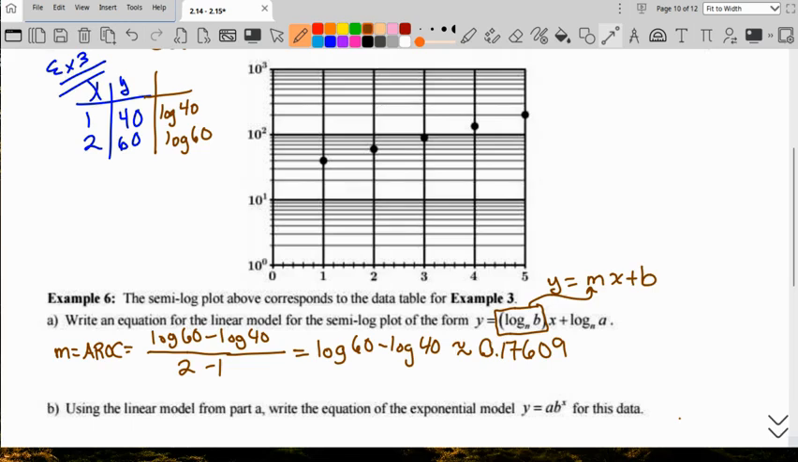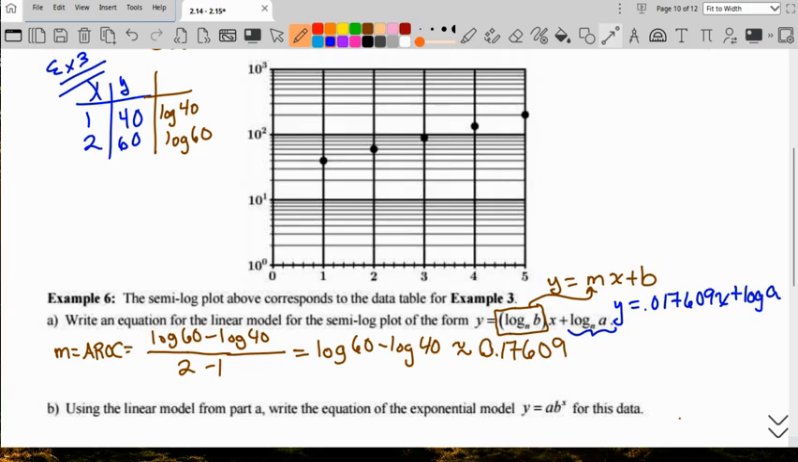Okay. And that is going to be our slope. Okay, so if we start building the equation, we've got y equals 0.017609 x plus, we said it's going to be the log base n of a. So our base is 10, so that's just going to be a common log of a. Okay, and so now if we plug in our specific point, so if we go ahead and plug in our